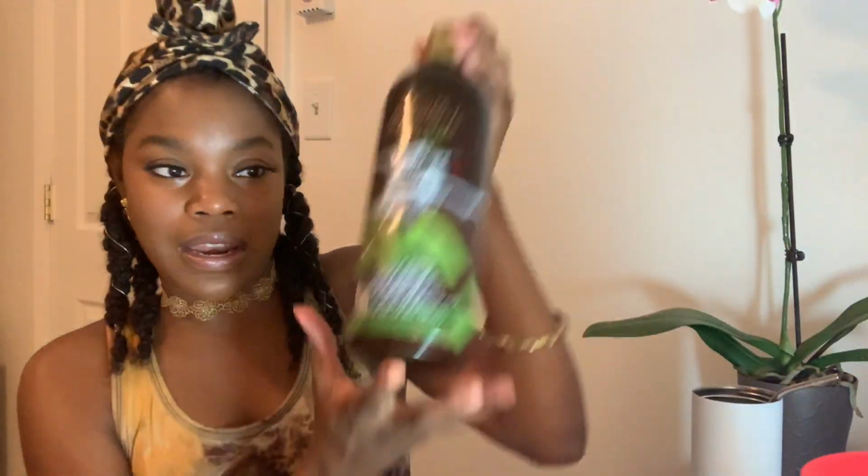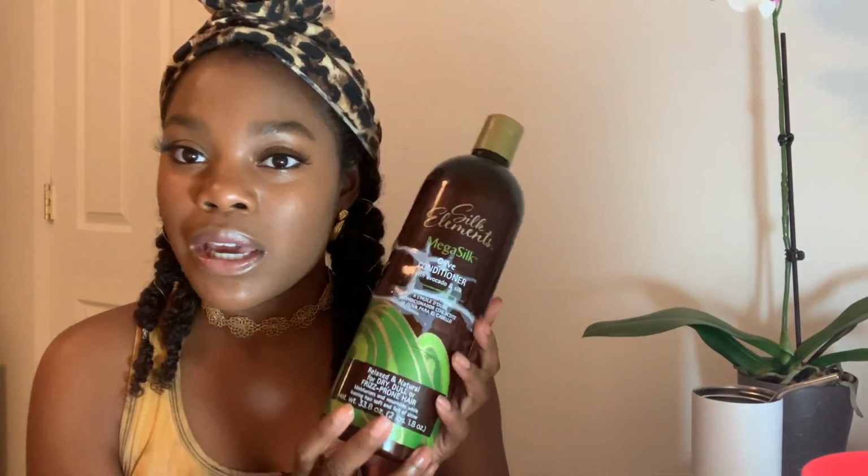I don't know what this is gonna be like in my hair, but I really want to try this, and man, if it works for my hair, man, Gabby, thank you, because I use this right now. I don't always want to be using this conditioner because you have to rinse it out. If I have a leave-in that can detangle very well,